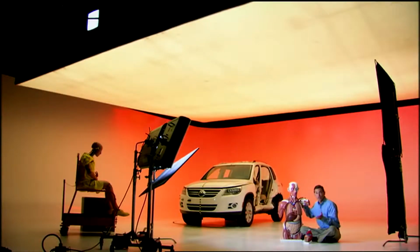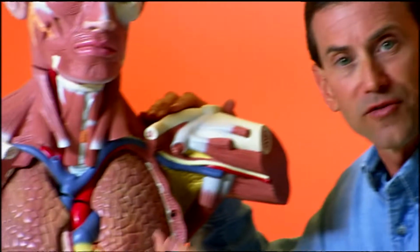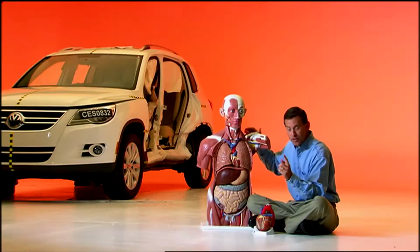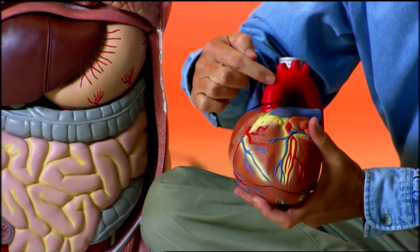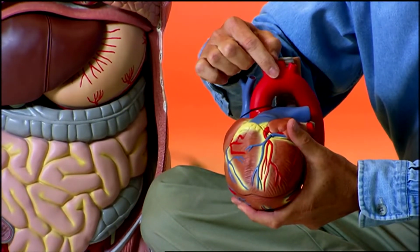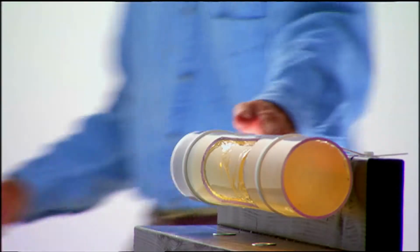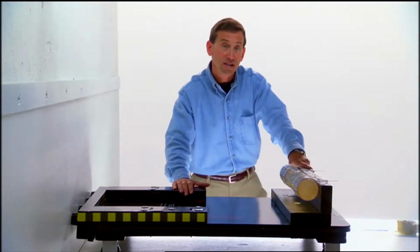Crash injuries occur when stress develops in tissue. Another way this happens is when one part of the tissue or organ is firmly attached to the torso and another part is free to move. For example, with the heart and its blood vessels, the ascending aorta and its arch are mobile, while the descending aorta is fixed. Here's a demonstration of how a sudden stop, like a third collision, can cause an acceleration injury